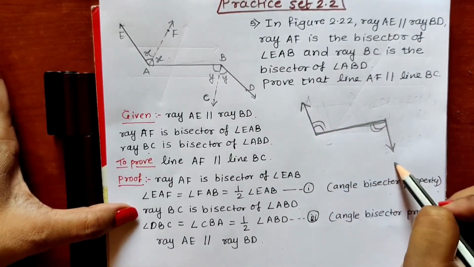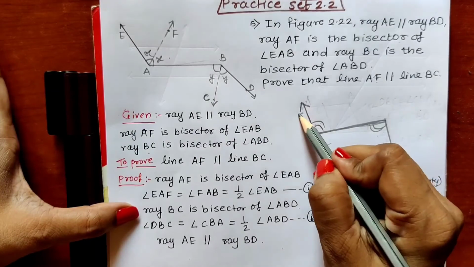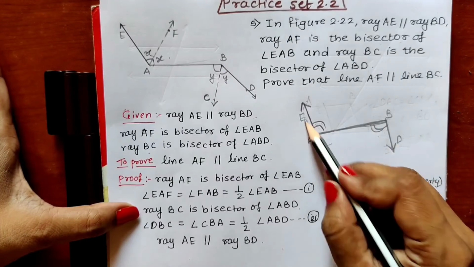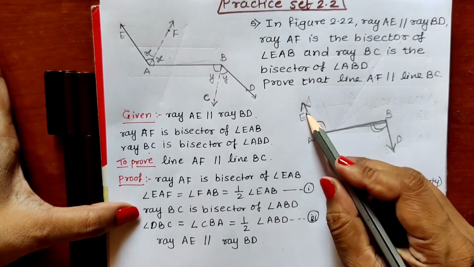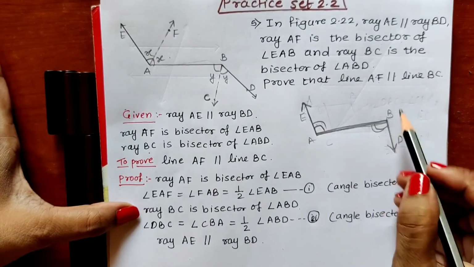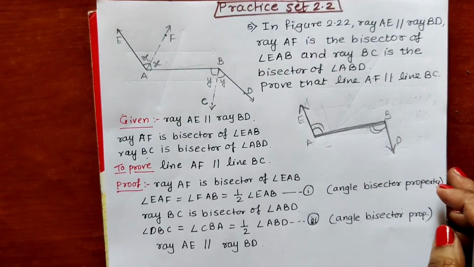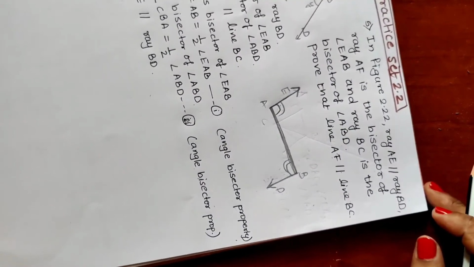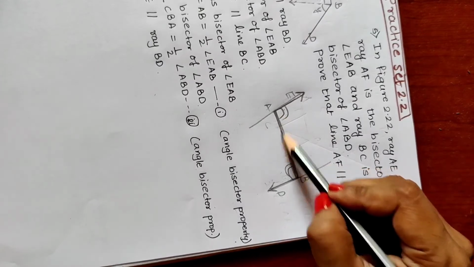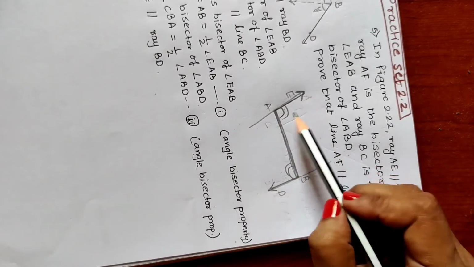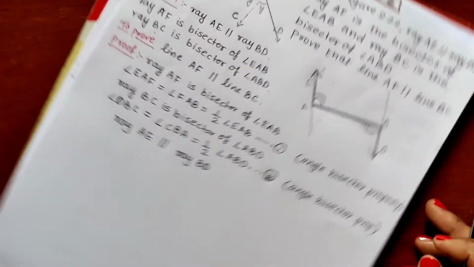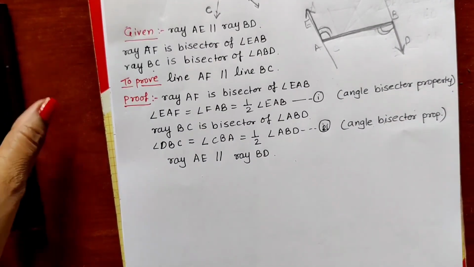These two angles are known as alternate angle. So this is angle EAB and angle ABD. What type of angles will they be? They will be the alternate angles, and we all know alternate angles are congruent with each other. If you hold your page like this, you will get to know it properly. This AE is parallel to this BD, and due to this transversal AB, we are getting these two alternate angles, and alternate angles are congruent with each other. So that we are going to write here.